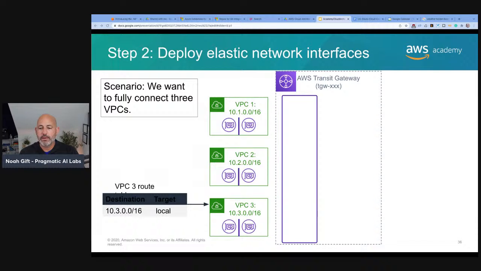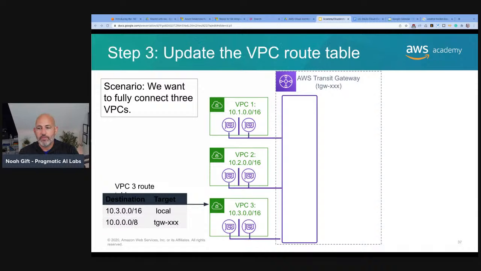And so in this particular example here, what we have is a route table for the VPC3 that has a single destination that is local for VPC3 using that network. So after you go through and you attach the ENI, the next step is to add a route to the VPC table to send the traffic. In this particular example here, we see that the VPC3 route is a traffic destined for that network, which is 10.0.0.0/8. And this route enables any traffic from the VPC3 going to either VPC1 or 2 because the CIDR block